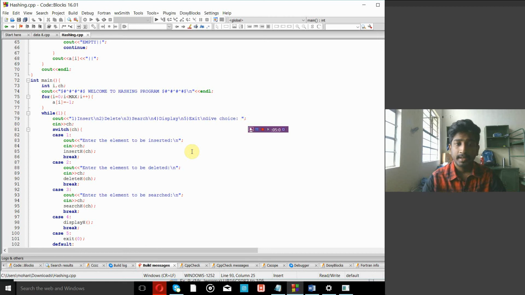When the appropriate number is entered by the user, the function would be called. For 1 it will call insert_h, for 2 it will call delete_h, for 3 search_h, and